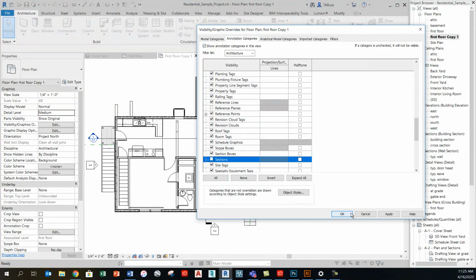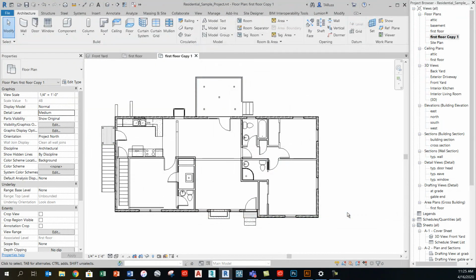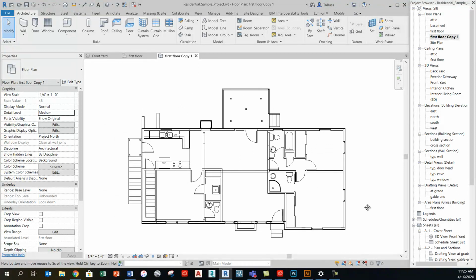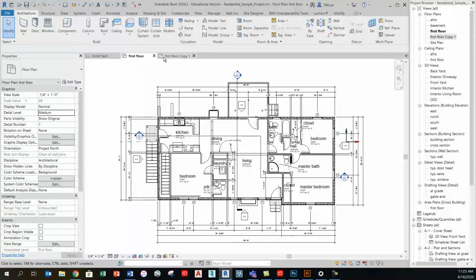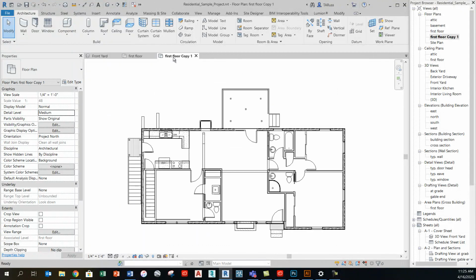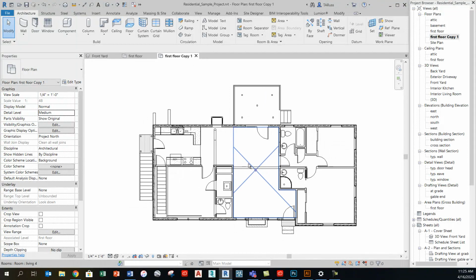So after we do all that, we'll click OK, and we'll go back to the view here of our main floor. And you can see that we've come quite a ways from what was a fairly busy drawing with lots of technical information to something that's really quite nicely simplified. There's a few other things that we're going to do here before we start worrying about the graphics of the walls and the windows and other elements, and that is that we want to go down here to the View Control Bar,